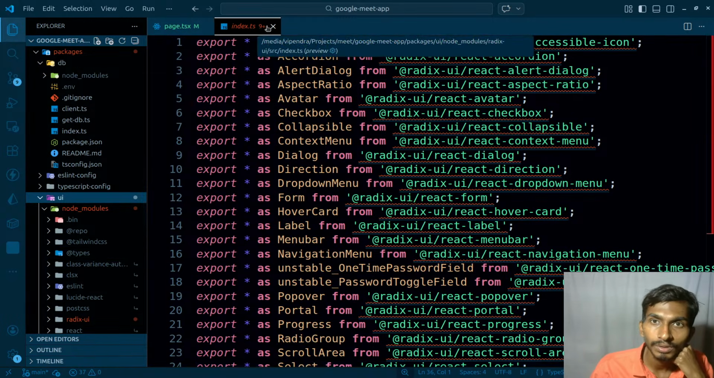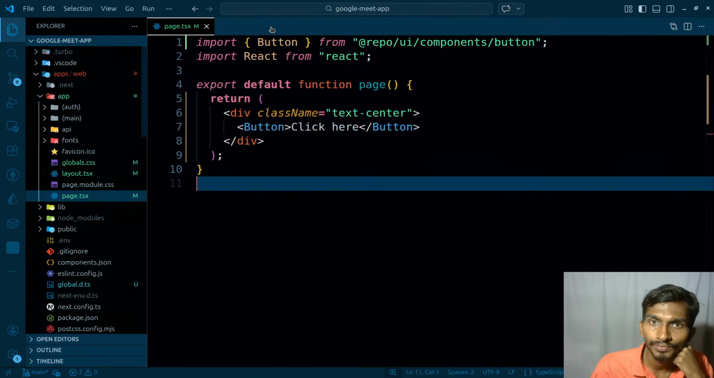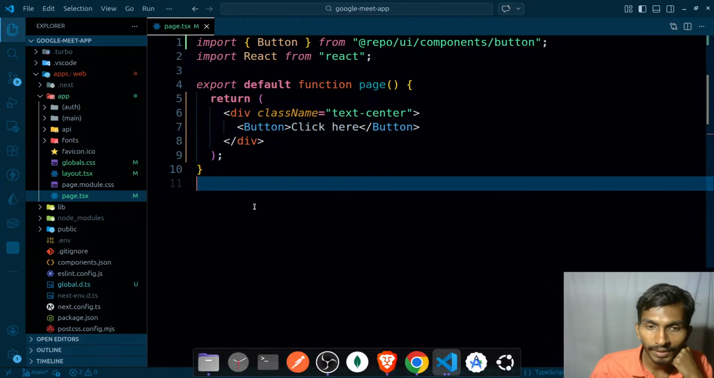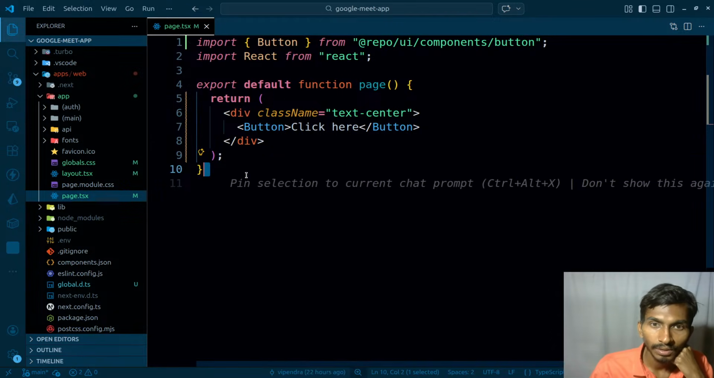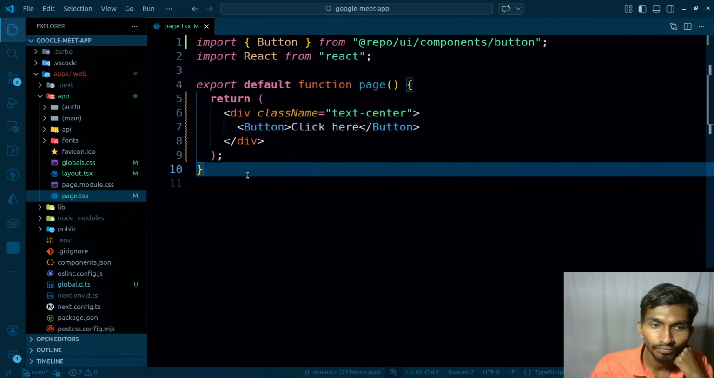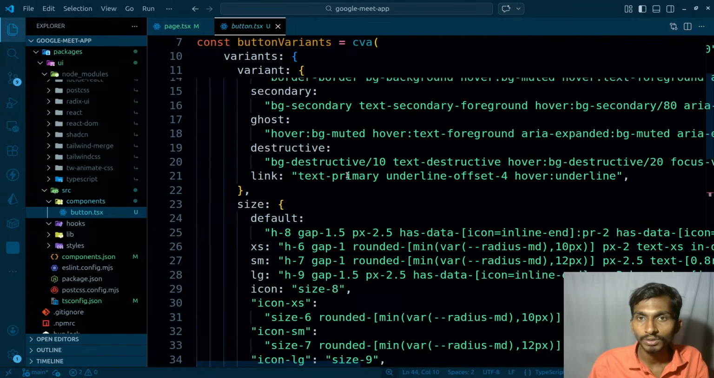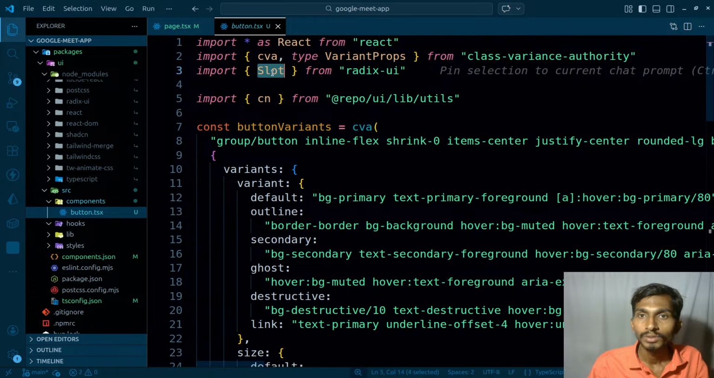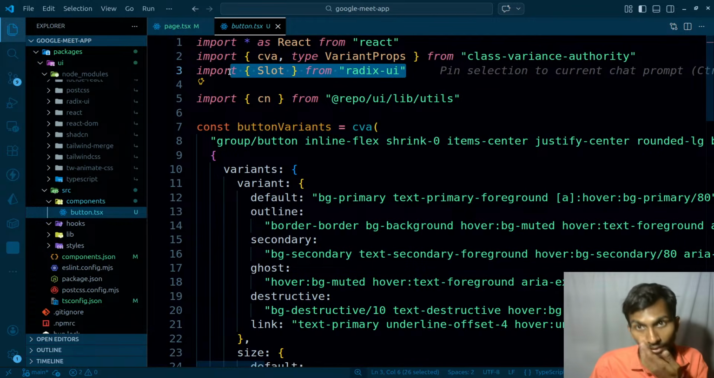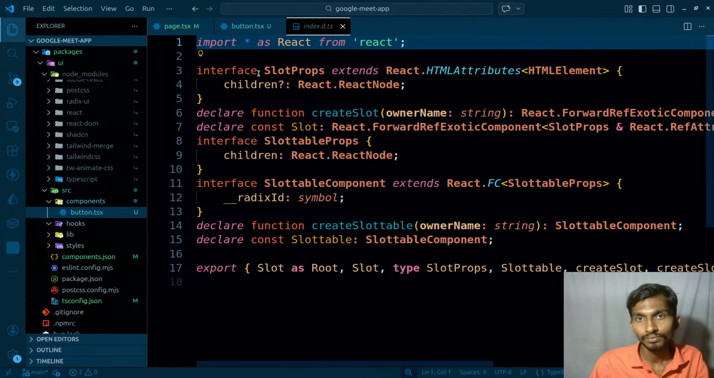I have problems in the node modules itself here. And by the way, if I run this project, I don't get the errors, but later I will definitely get them. As for this button, it mainly uses slot, which comes from Radix UI. So if I click on this,